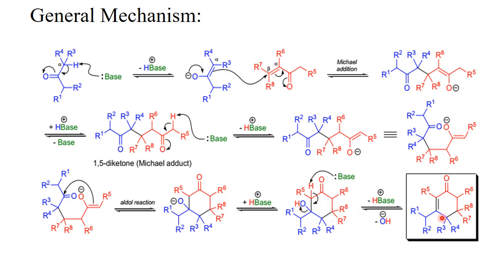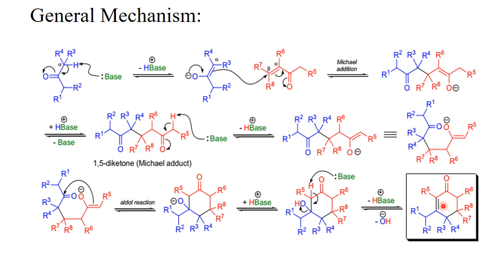So the nucleophilic part of the molecule will attack at the electrophilic center of the other part of the same molecule, and it gives us oxyanion. See this one, this is oxyanion. So this reaction is occurring between two parts of a same molecule. That's why this reaction is called intramolecular aldol reaction. This oxyanion picks a proton from a base and is converted to the beta hydroxyketone, or simply we can say hydroxyketone.